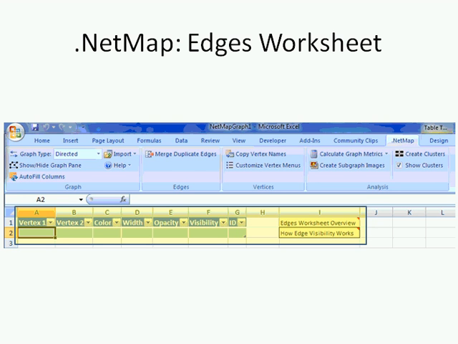On the next sheet, you'll see the edges worksheet, and you'll also get a view of our menu bar. Up on the ribbon, when you open a .NetMap template file, you'll see the .NetMap menu item. There is a user experience bump, I would say, in our workflow, and that is this. The .NetMap features are invisible and inaccessible in Excel if you simply open up Excel. We require that you open up the .NetMap template in order to expose those features.